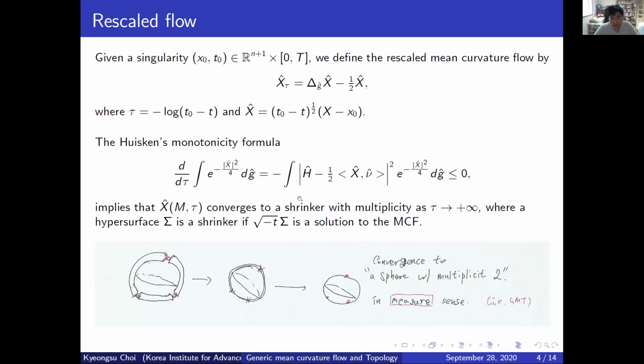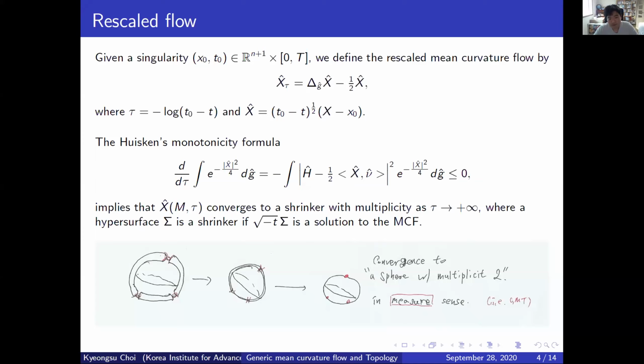It satisfies this nice monotonicity, and then you can imagine that at the singularity, this quantity would converge to 0. And actually, this comes from this vector dot nu, the normal vector, which means that if we just consider normal directions, then at the singularity, this would go to 0. Sure, moving along the tangential direction is actually nothing. So we can in fact expect that the rescaled mean curvature flow